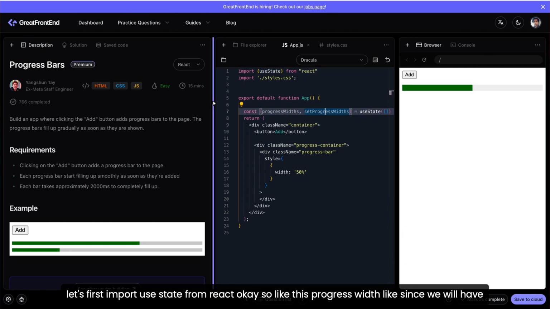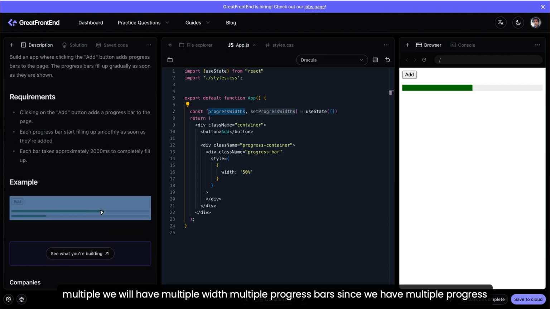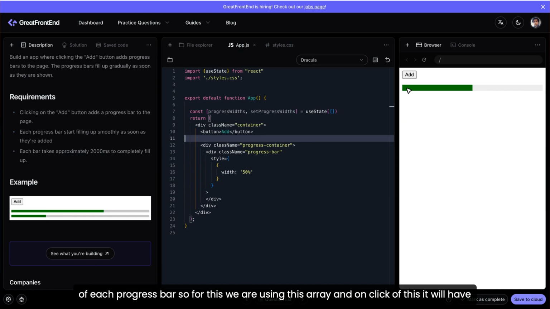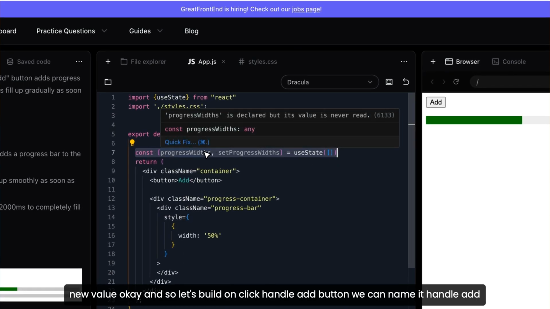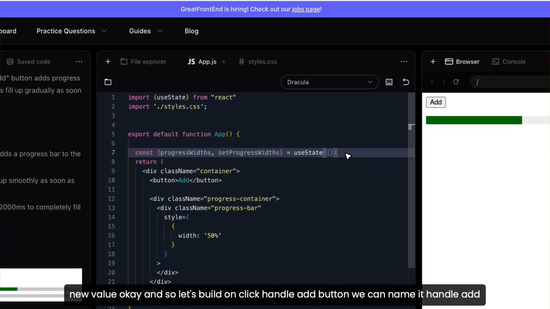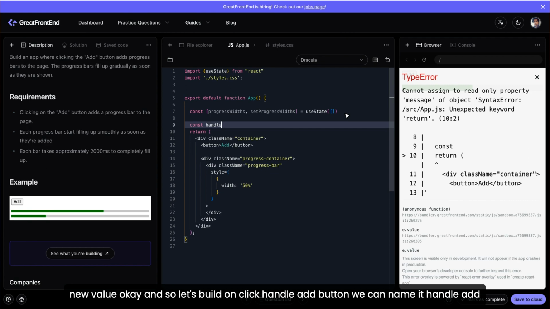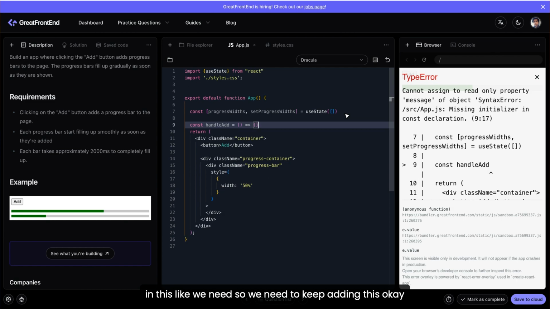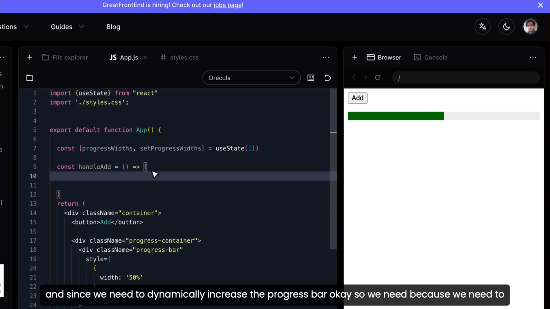Since we will have multiple progress bars, we need to track the width of each progress bar. For this we are using this array, and on click of this it will have a new value. So let's build the onClick add button, and since we need to dynamically increase the progress bar,